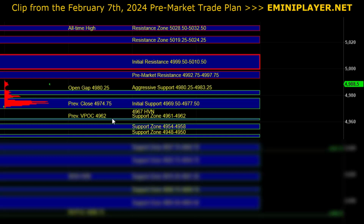And in the event that we get a breakdown below initial support and below the 4967 HVN, that would serve as an intraday bearish indication. It would be a sign of a false or failed breakout pattern, and that can then result in a move down into 4961 to 62, as well as yesterday's low at 4954 to 58, where buyers may still be active,